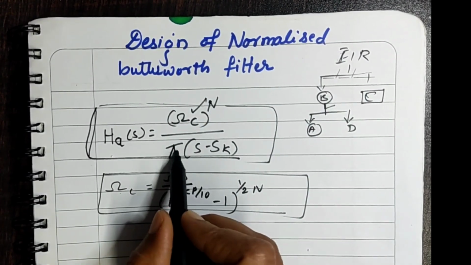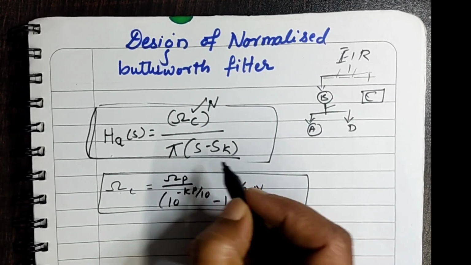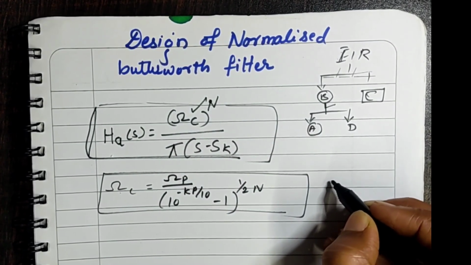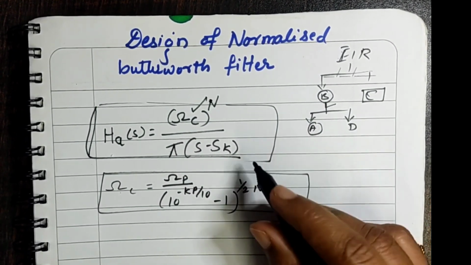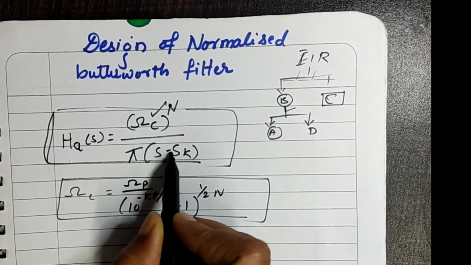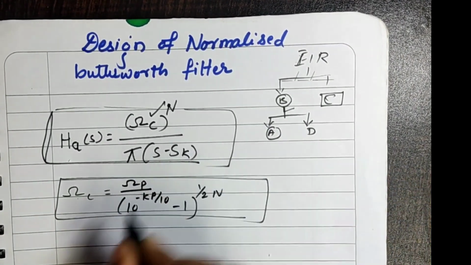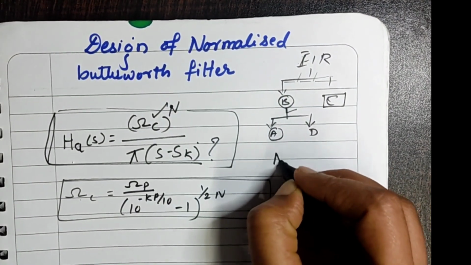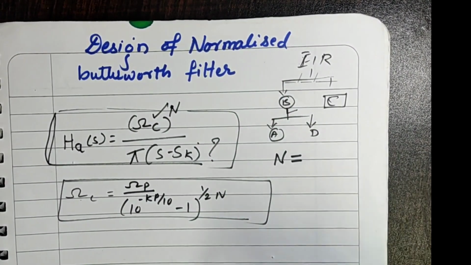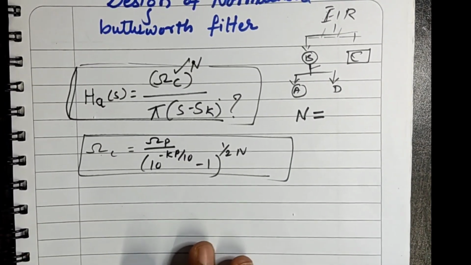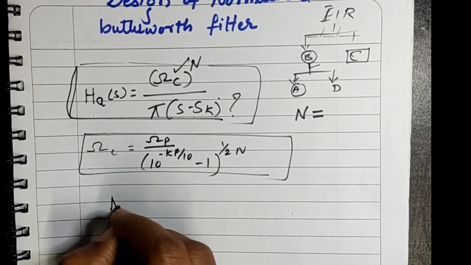Next comes the product of (s minus sk). Here (s minus sk) indicates the poles. How many poles are going to be involved, and which poles do we have to consider? For that, we first have to find the order of the filter. The order of the filter is found by using the formula n is equal to